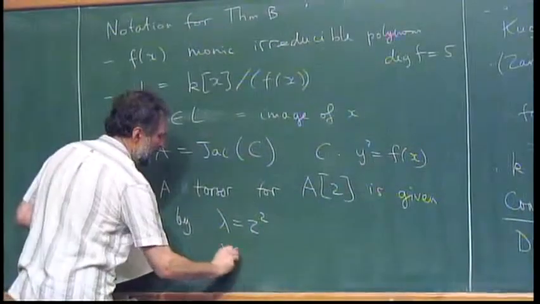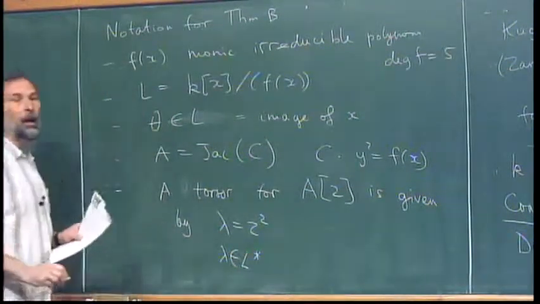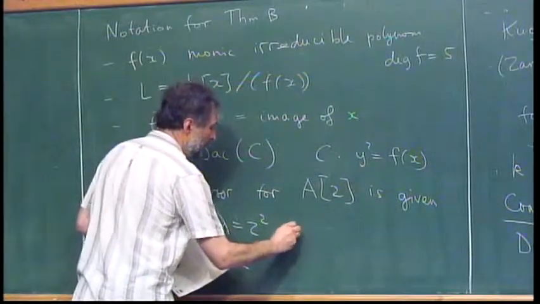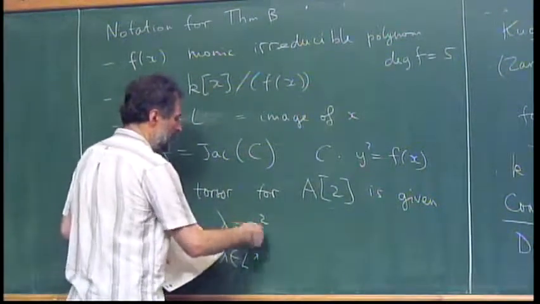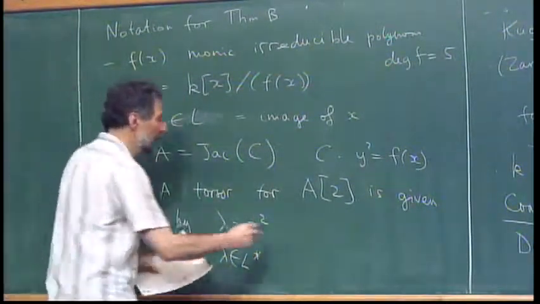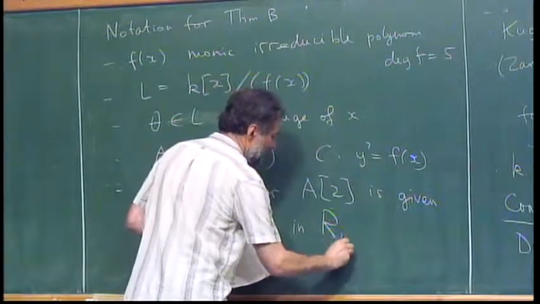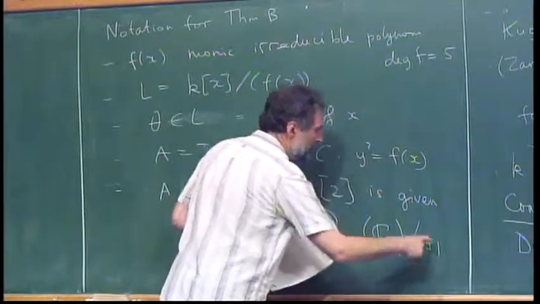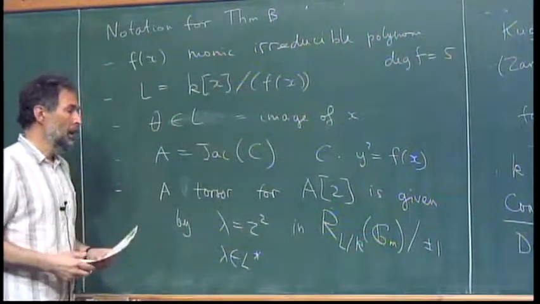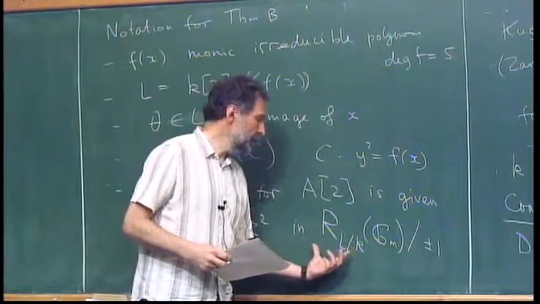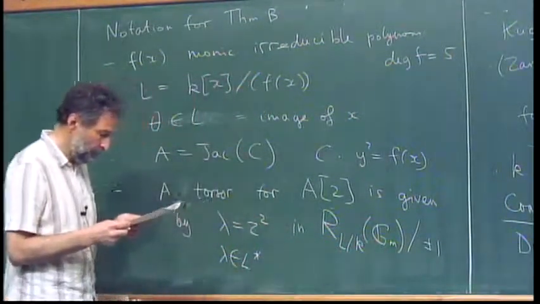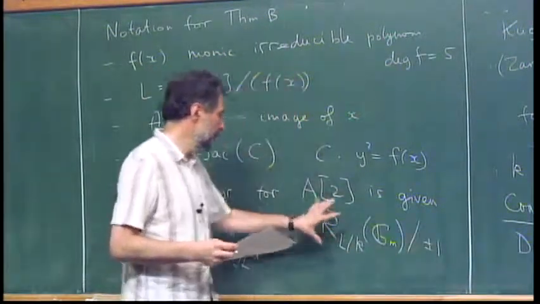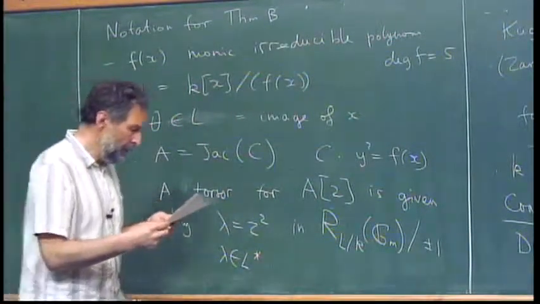I fix a non-zero element in L, call it lambda, and then I look at this equation inside. So basically, I'm extracting square roots of lambda in the quotient by plus minus 1 of the restriction of scalars of Gm. Because I'm doing this quotient, I get exactly the right size. Anyway, so with this notation,